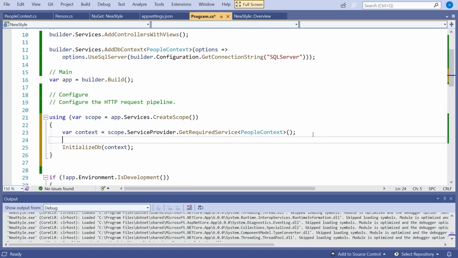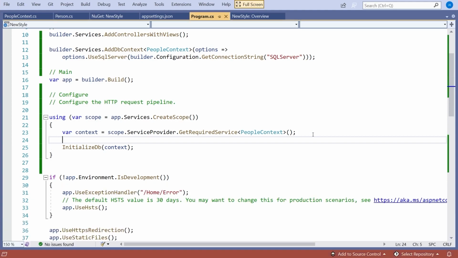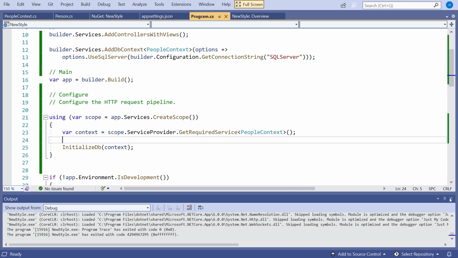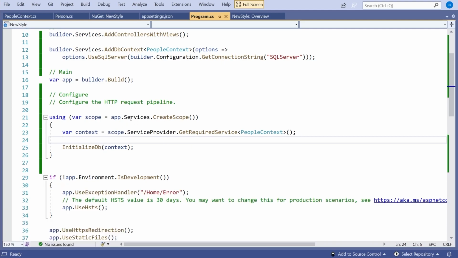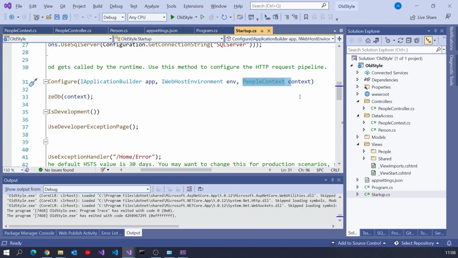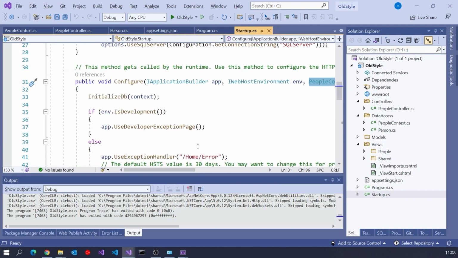And so now if we run that, we can see that it's happily got through that, no errors. So it's managed to create that context and populate it. So that's what we had there. It gets a bit tricky because you've got to remember to do your own create scope in this case, whereas in the old style one, that was just done for us behind the scenes when the injection was done into Configure. But that's got that working. Next thing we need to do, and this now works exactly the same, really the changes were just there in that program, is put in a controller, and I can do that in exactly the same way.